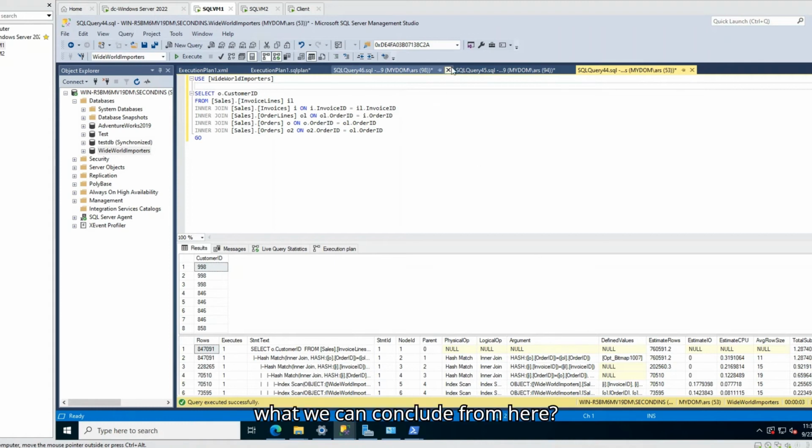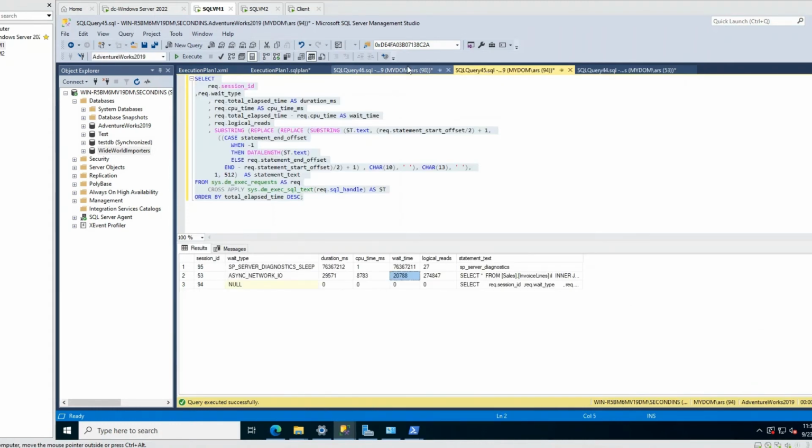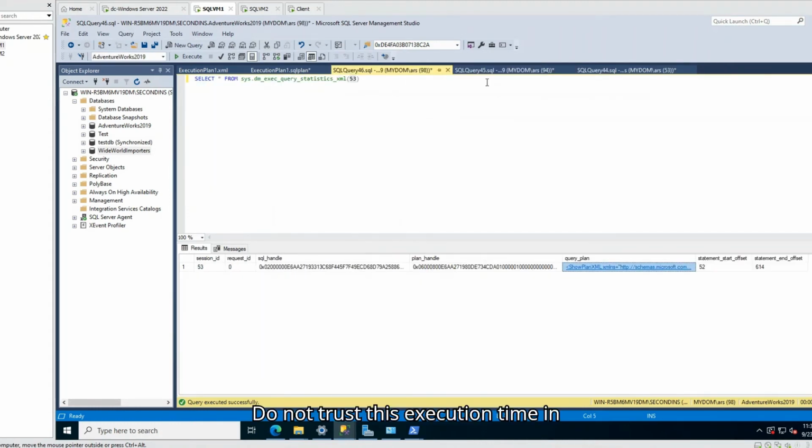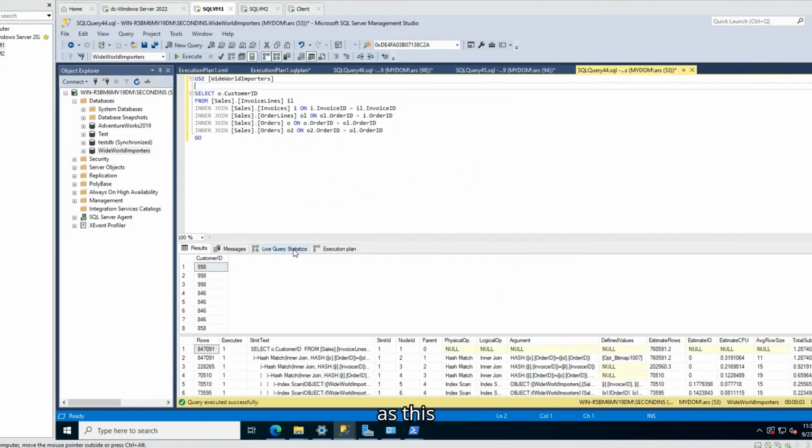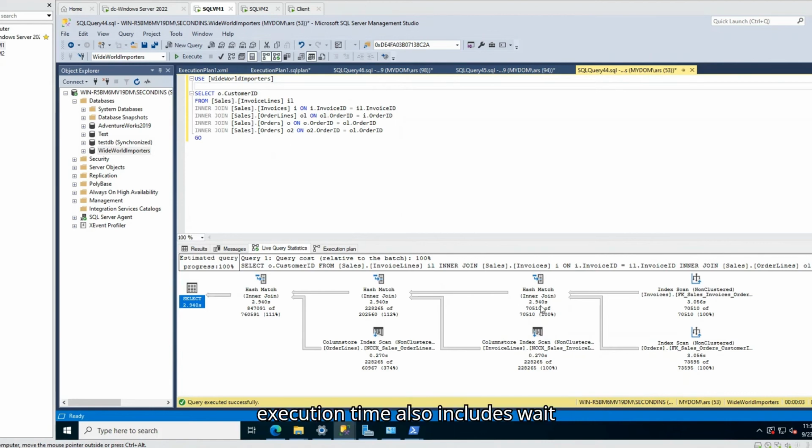So, what can we conclude from here? Do not trust this execution time in the live execution plan of SSMS, as this execution time also includes wait time along with CPU time. Use this SSMS live execution plan feature to get only a general picture of the execution plan, for example, how your operators are